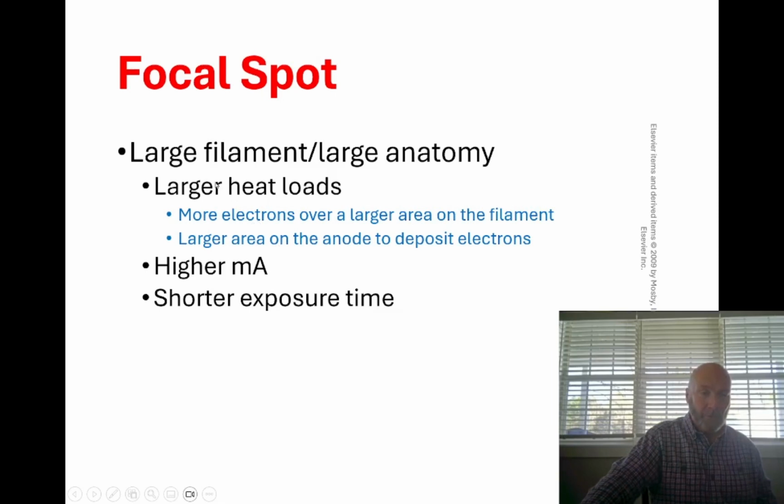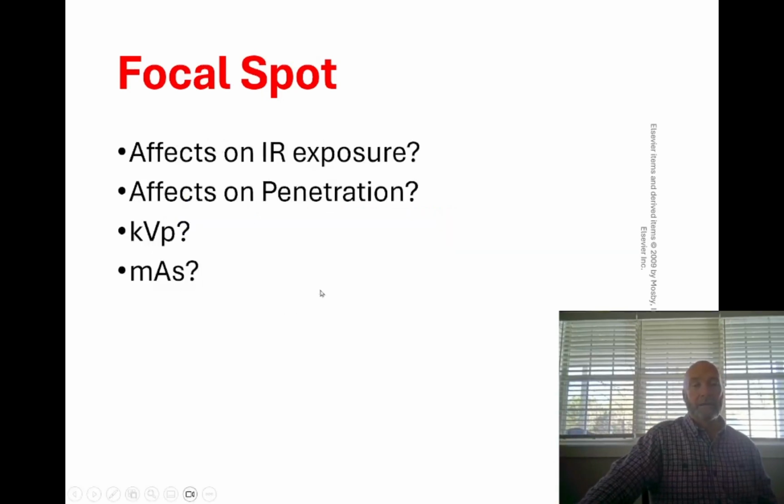So large filament, you're going to use the large filament whenever you're imaging large anatomies with high heat loads, higher mA stations, because you just can't get below 200 mA or above 200 mA on a small focal spot. And anytime that you can use that higher mA to get a shorter exposure time, we'll use a large focal spot. So the effects on image receptor exposure, here's a frequent